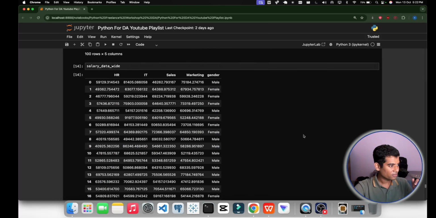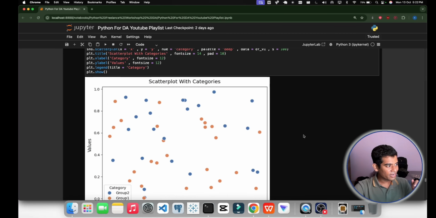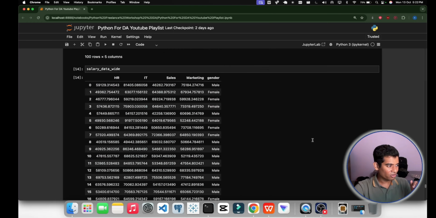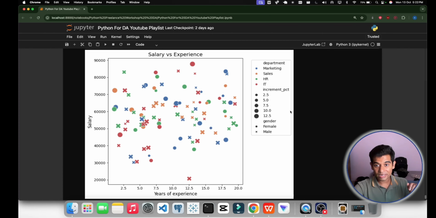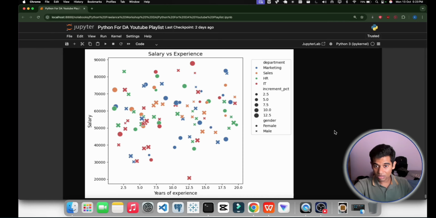If I show you here, see this, earlier in the scatter plot dots were there, but right now if you see the scatter plot, it is all about details. It is like telling a rich story about the salary growth, the raises, and departmental trends. So I would say try it for different sizes, for different palettes, and make it your own creation. See the beauty of it. Years of experience, salary, all these details, really beautiful.